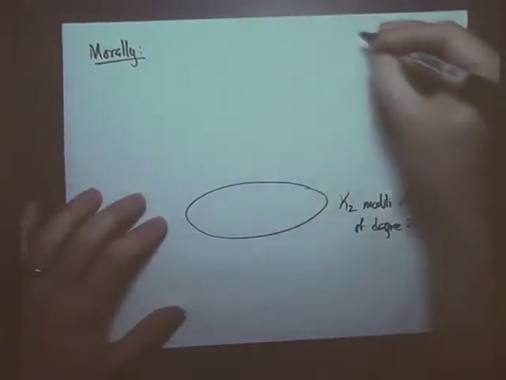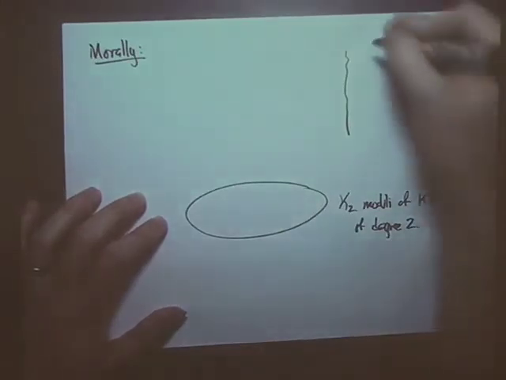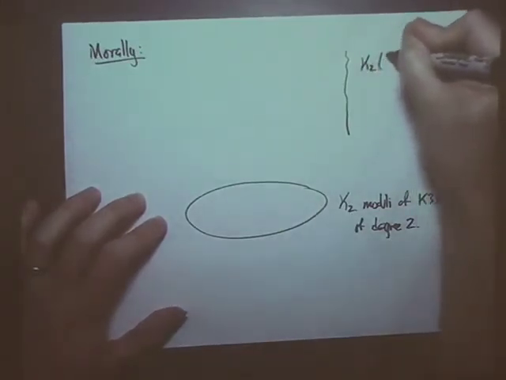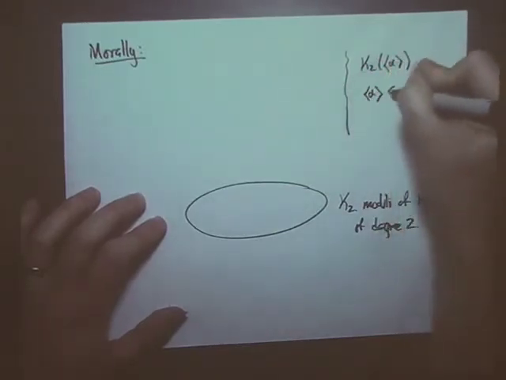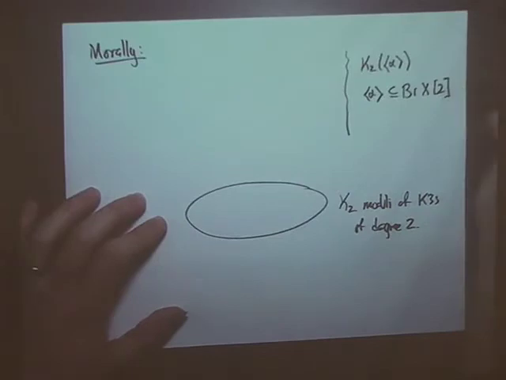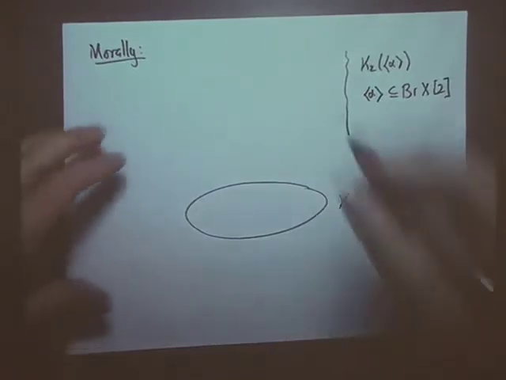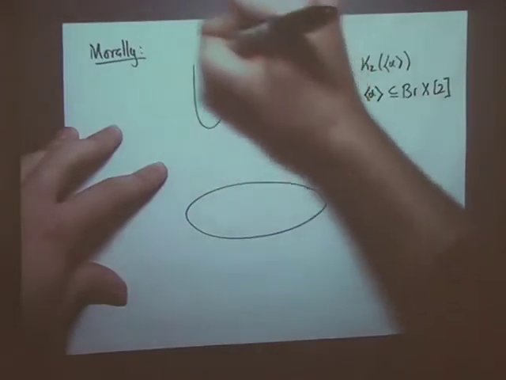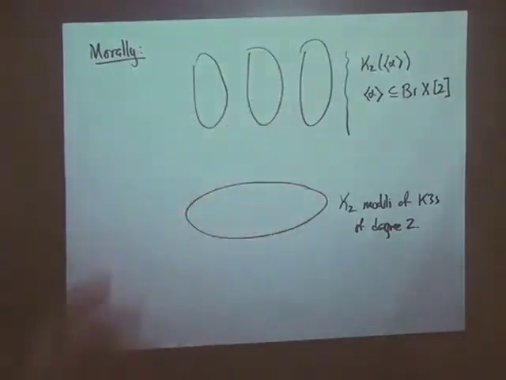And what I want up here, which is not really defined in the literature, is some sort of moduli with a little bit of level structure. I want a K3 surface of degree 2 together with one of these cyclic subgroups of order 2 in the Brauer group. And what this lattice theory and this geometry is really trying to tell us is that this moduli space, if someone ever writes it down,